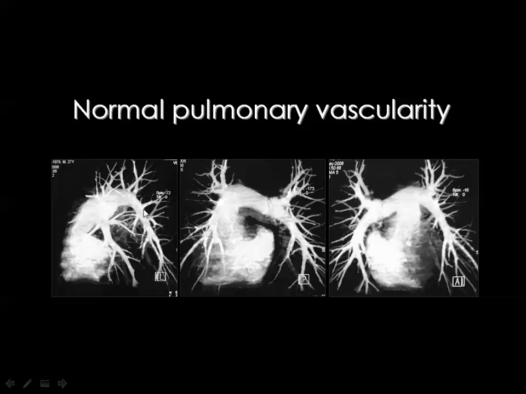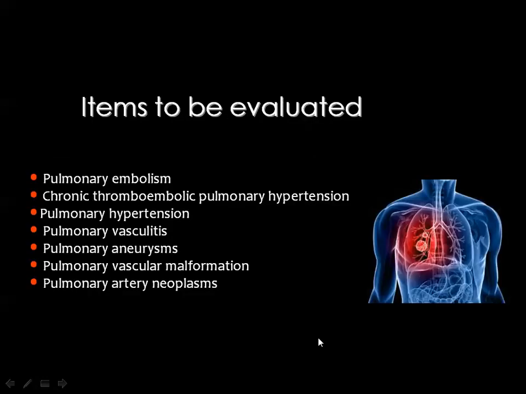Then you can easily examine the pulmonary vasculature, as you can see here. Then these are the items we would like to talk about: the pulmonary embolism and this recent topic which is known as chronic thromboembolic pulmonary hypertension. Then we'll talk about pulmonary hypertension. In the second part of this topic, we'll have some words about pulmonary vasculitis, pulmonary aneurysms, arteriovenous malformation, and finally